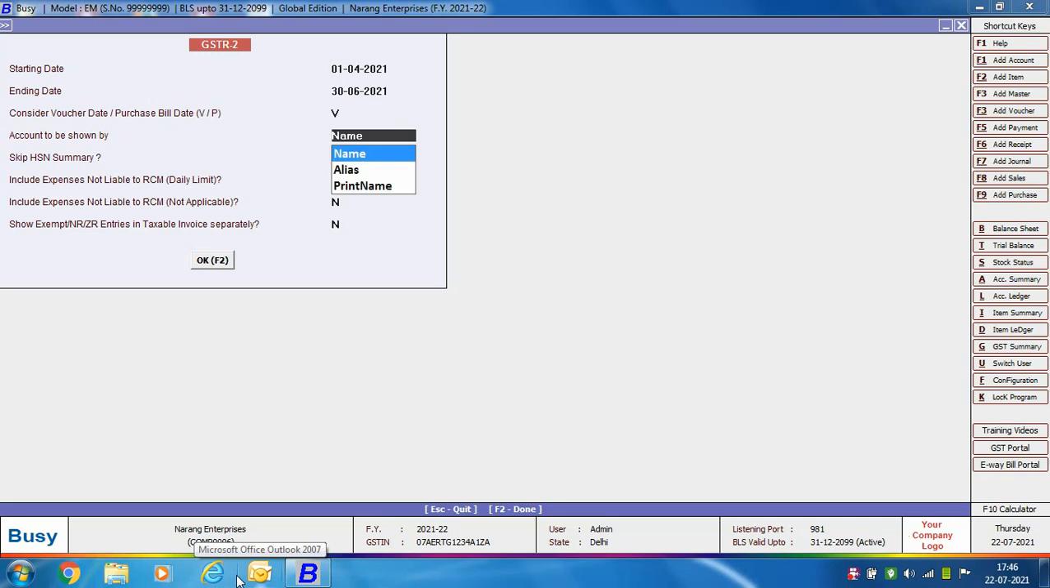Then, accounts to be shown by name, alias, or print name. Skip HSN summary: specify yes in this data field if you do not want to print the HSN summary. Then is include expenses not liable to RCM daily limit. Specify yes in this data field to include RCM expenses which are below the daily limit, that is 5,000. Otherwise specify no. On specifying yes in this data field, expenses will be shown under the nil rated invoices 7A 7B